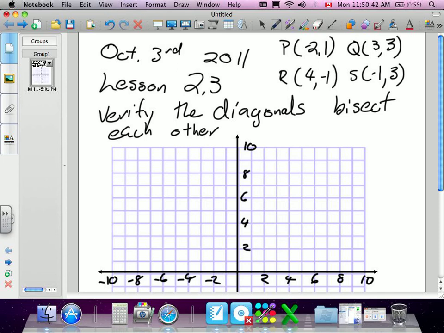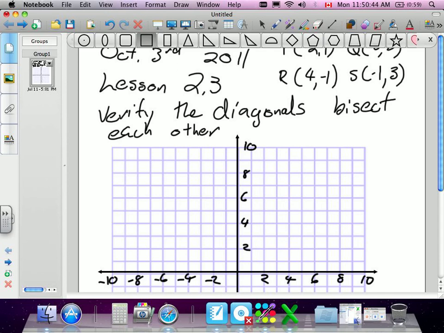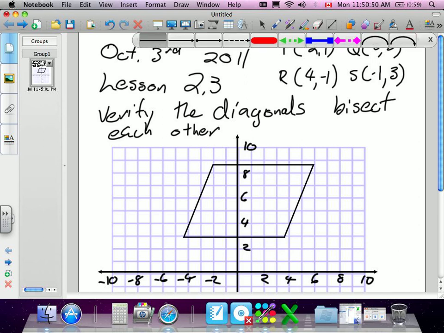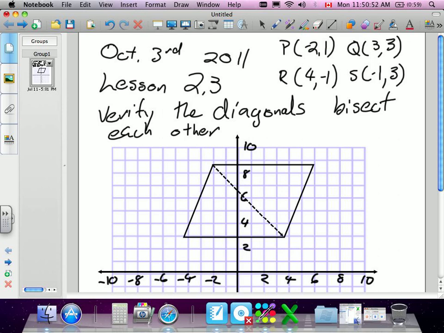First of all, we'll put up a parallelogram quickly. Here's a parallelogram. The diagonals are referring to opposite points on the parallelogram, going from one corner to the other. To bisect something means to cut it in half perfectly. So at what point would they be hitting each other then? In the middle, which we know as the